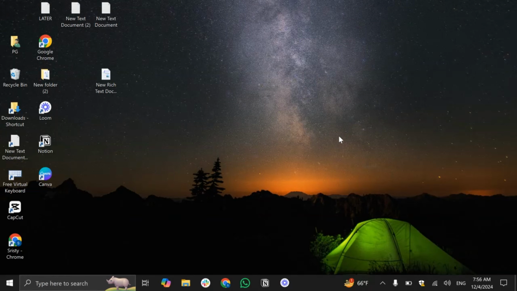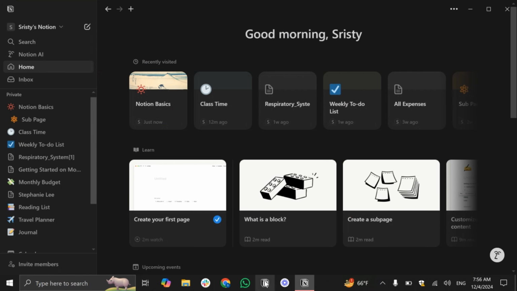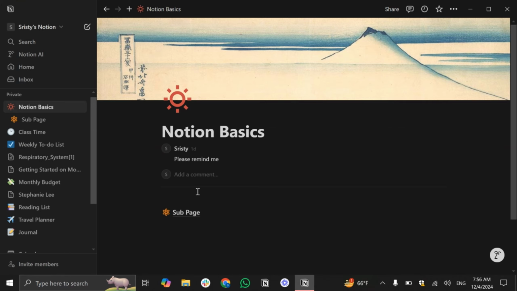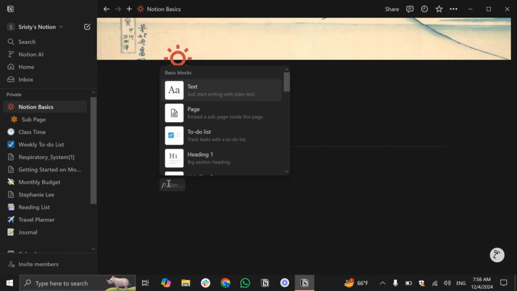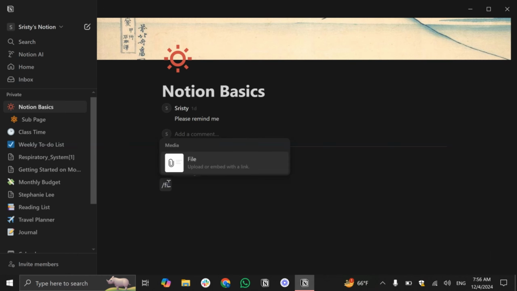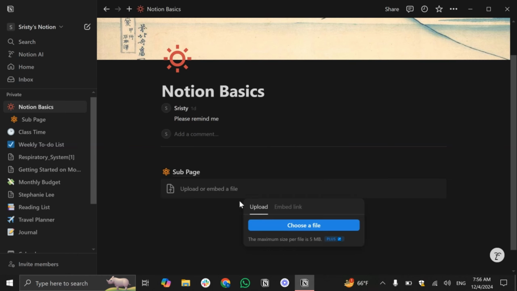In today's video I'm going to show you how to add a PDF file in Notion. So simply open the Notion app, go to the page where you want to add your PDF file and simply type slash file, and here you can see choose a file